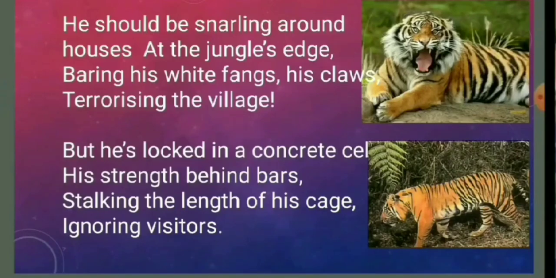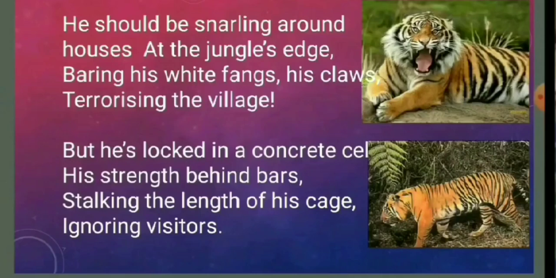It never tries to terrorize. It is moving. When the visitors used to come and see, the tiger is inside the cage, moving here and there. And in the cage, he never tries to terrorize the visitor, as he cannot attack them. But when it is open, it can attack. So in this stanza, we get the idea that the tiger is inside its concrete cell, or you can say the tiger is inside the zoo. Now we will see the poetic devices of this stanza.